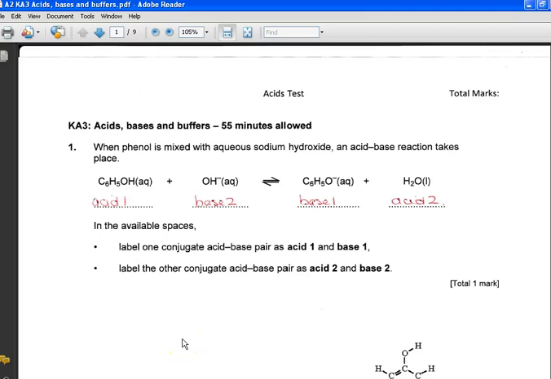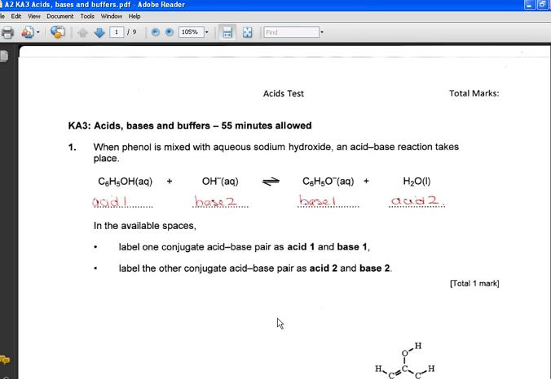Right, hello A2 students. This is feedback on KA3 acids, bases and buffers. It wasn't done too badly on the whole, I'm glad to say. So I'll just go through each question and try and give you some tips on how you should have